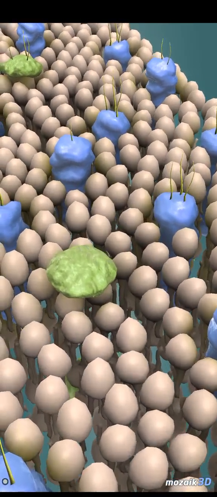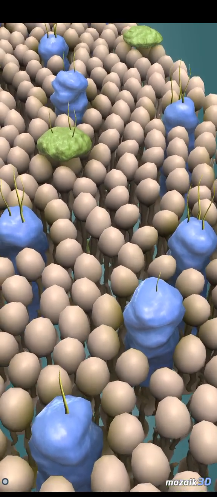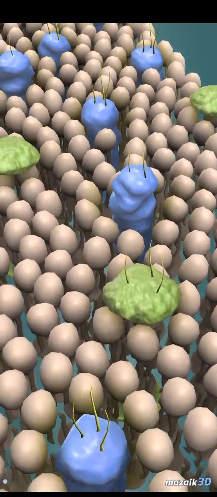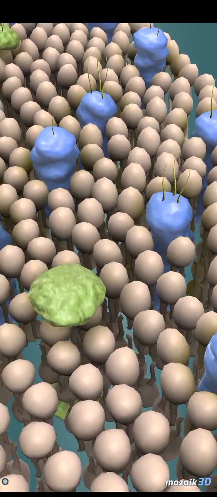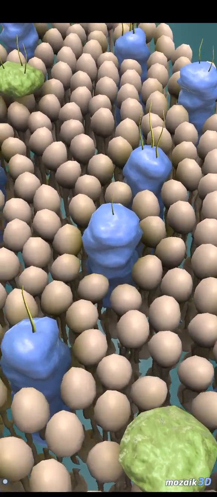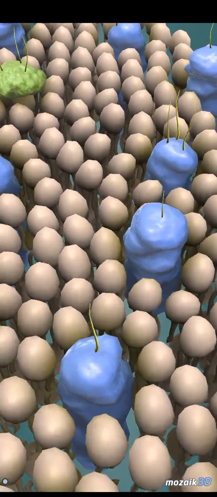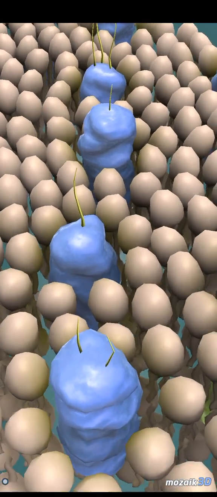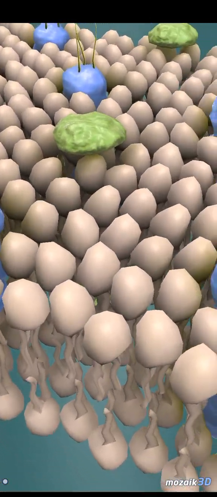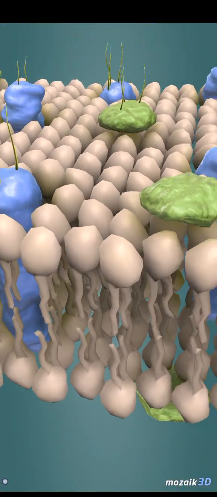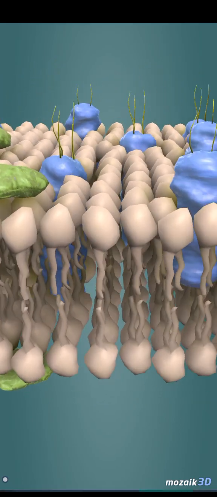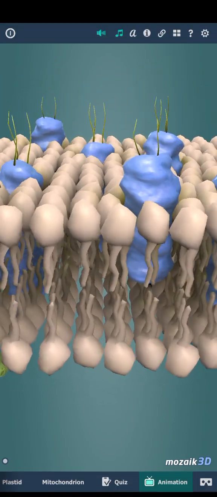The cell membrane is made up of phosphatide molecules. The head of a phosphatide molecule is polar, thus hydrophilic, while the tail is nonpolar, thus hydrophobic. The hydrophobic parts turn towards each other and push out the water, forming a double layer. Within a layer, the phosphatide molecules